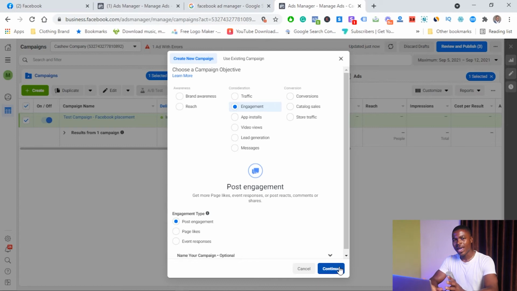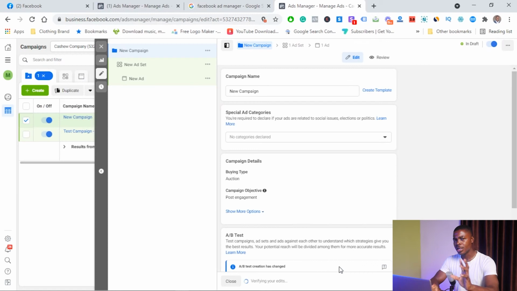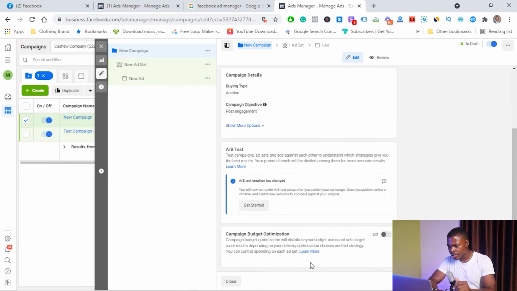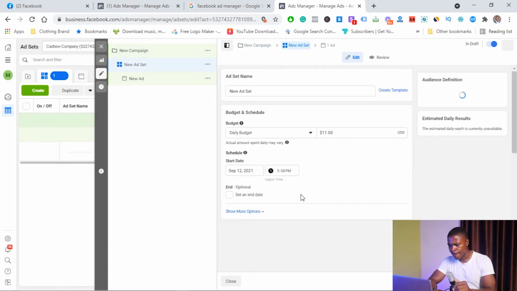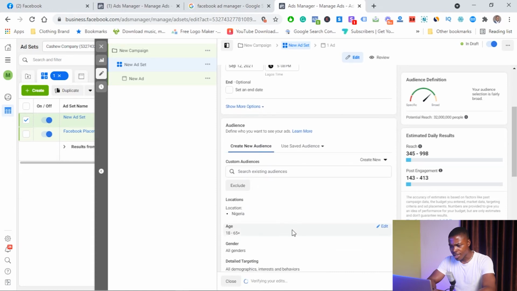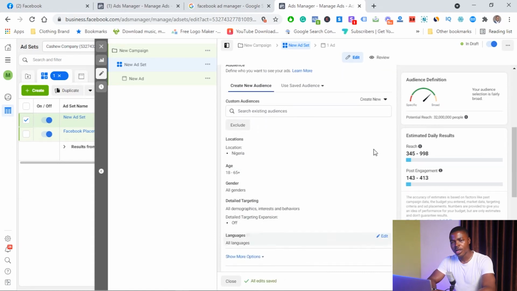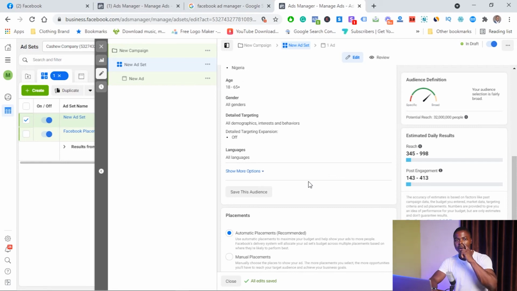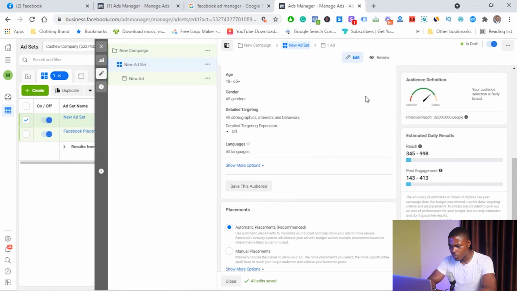There's not much difference in what we've done in this and the previous one. I'm just going to run you through this just so you get the idea of the things you need to do. As always, make sure you put a name to your campaign. Once you put your name and all that stuff, you go to next. Give a name to your ad set, change your budget, make sure in this case, it's just $1, right? Your audience as well, make sure you sort out your targeting options right here based on interests, demographics, or behaviors, right? And then once that's done,